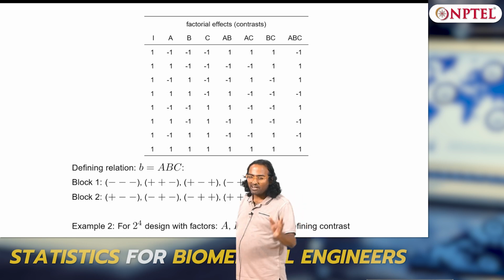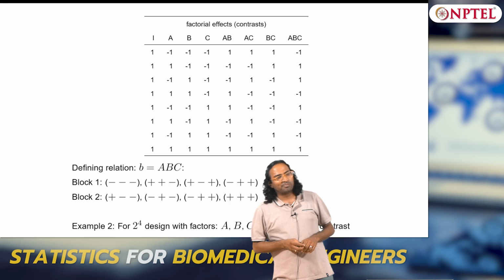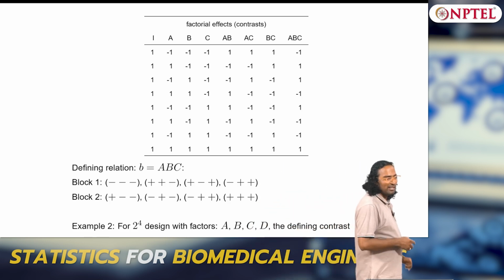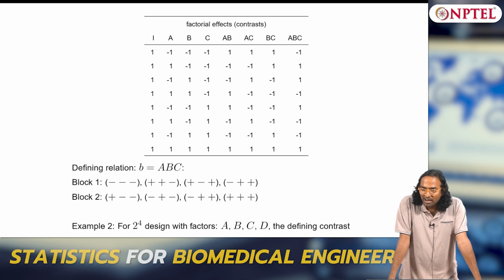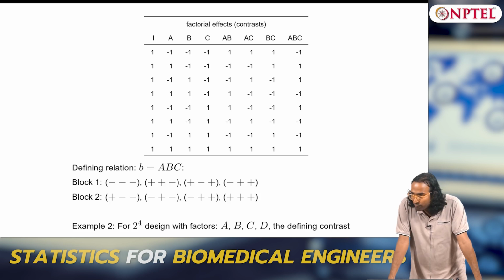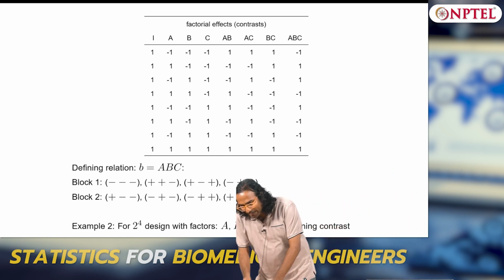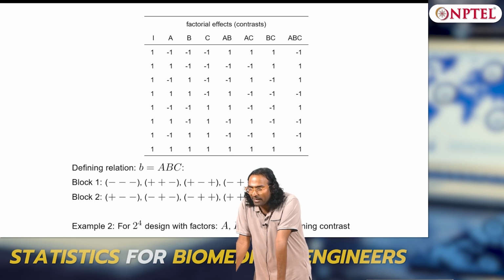Okay. I will not get into the mathematical details here. If I get into the mathematical details, it will be quite complicated. So let us keep it simple. The common sense idea is this: the highest order interaction usually will not be that large, and it can be known from the other interaction terms, and of course the main effects are important. You have chosen a variable A because it is going to have an impact, otherwise you would not have chosen it in the first place, right.